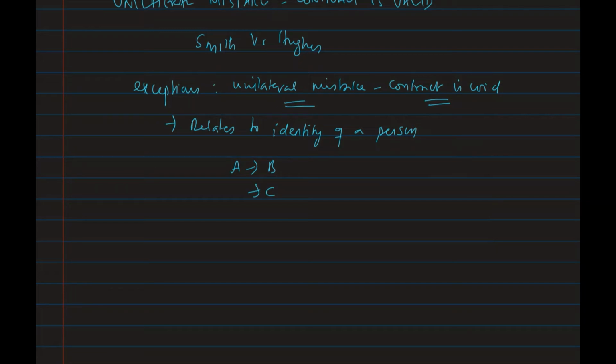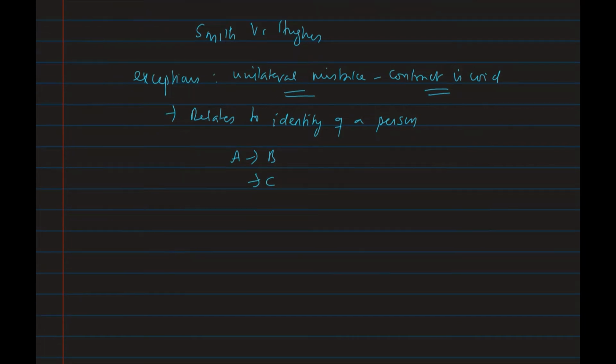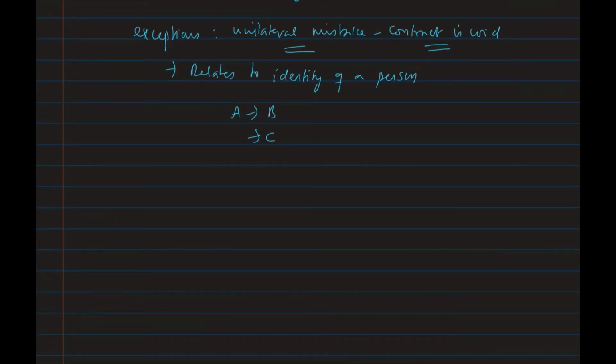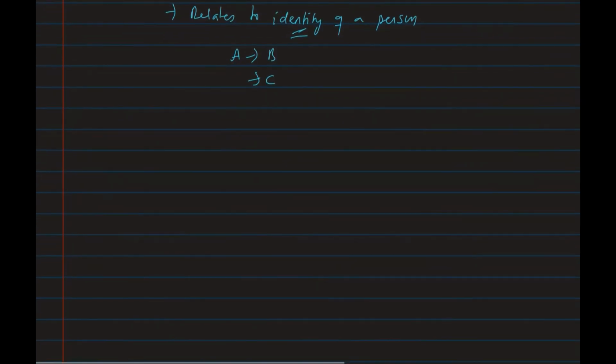So let us say a film producer wants to sign a contract with A.R. Rahman, but there are two people named A.R. Rahman, adjacent neighbors, and they enter into a contract with the wrong A.R. Rahman. This is more theoretical, but for the sake of understanding, if you enter into a contract with the wrong person, relating to the identity of a person, then the contract is not valid and it becomes void. So normally in unilateral mistake the contract is valid, but in this case, even though it's a unilateral mistake, the contract is void. Secondly, if there is a mistake as to the nature of the contract,